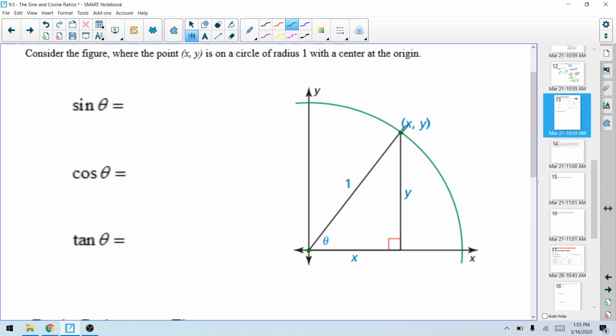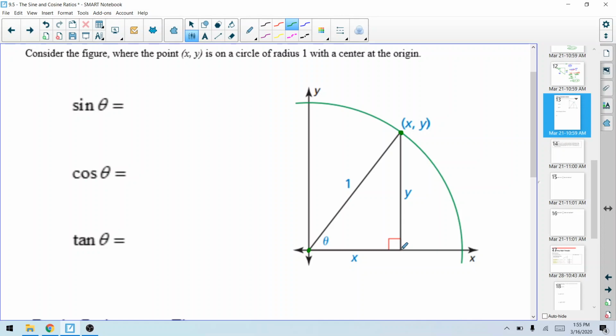Then we have this point over here. The point is x comma y. So keep in mind the way you plot a point is you go over x and you go up y. And that's where they're coming up with that. Also, if you look at that triangle, do you notice that it's a right triangle where it comes straight down and hits the x-axis? So the first thing we're going to look at is